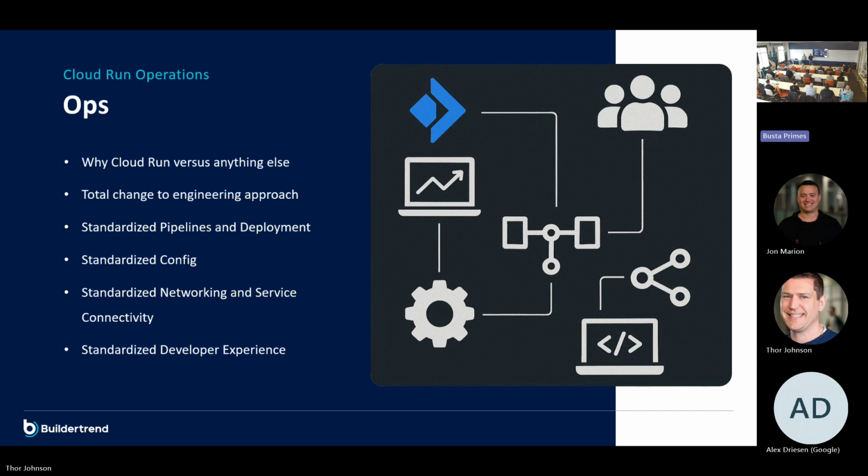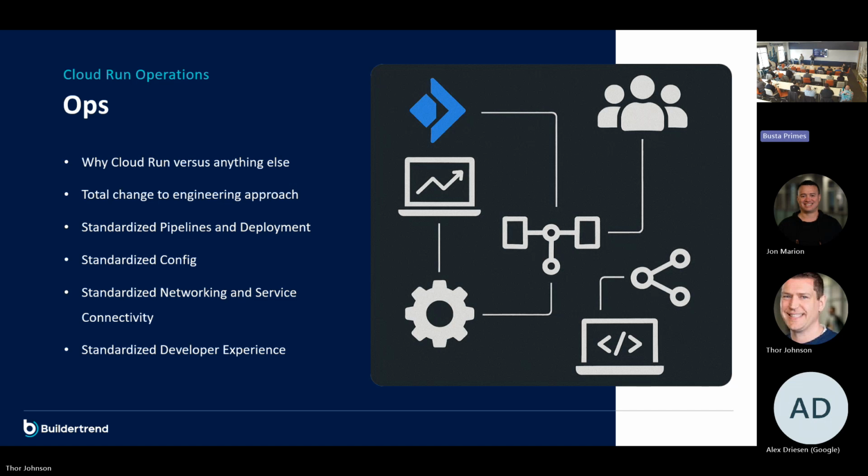So the one thing Cloud Run really helped us do, and I keep going back to it, but I do love the product, is standardize. When we do new services with Cloud Run, we stamp out a project that has an identical network. All of our services have their own network and we don't peer anything. We decided to go with what Google is moving toward in how they provide their services. We are 100% Private Service Connect for all the communications between our services. That's something we can talk about later if anybody's interested.